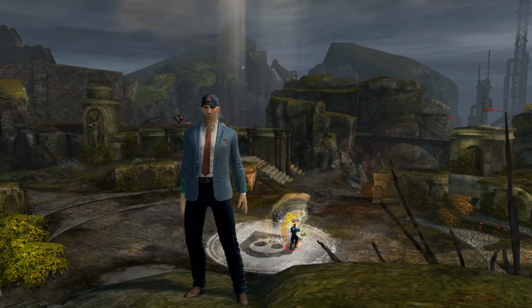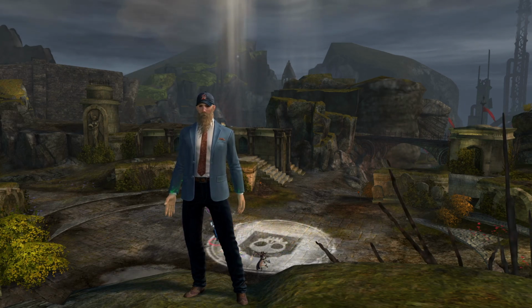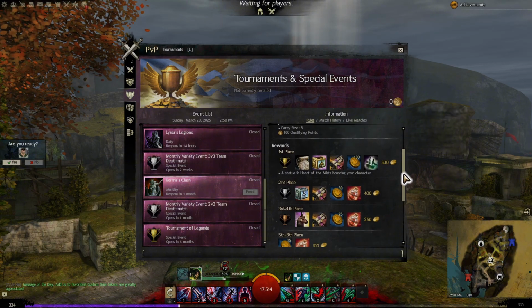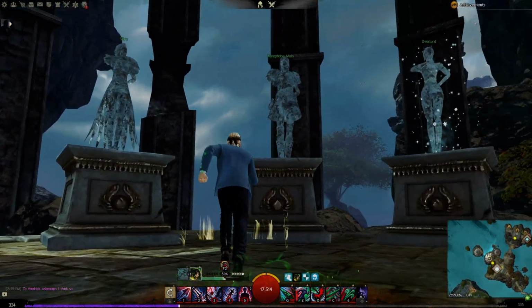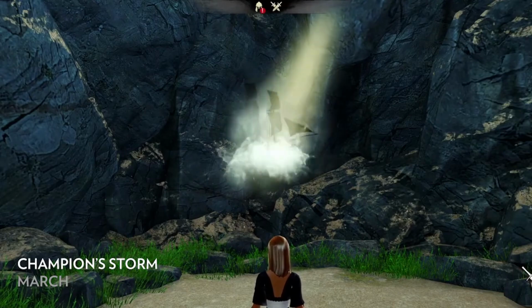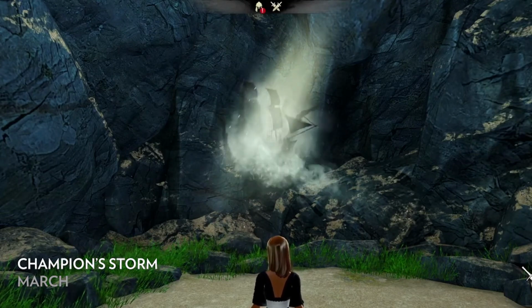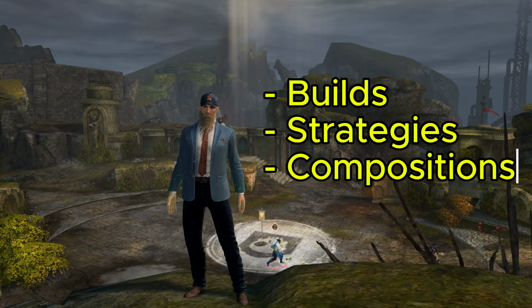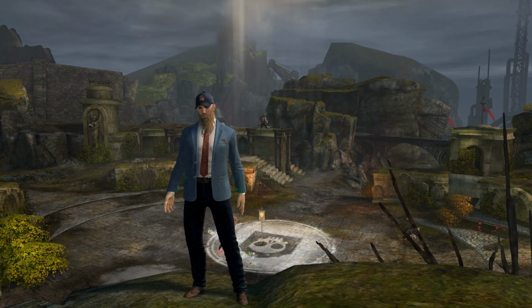The monthly tournament is the absolute highest level of competition that we see in Guild Wars 2. Once a month, all the top teams gather to battle for thousands of gold, a statue of their character in Heart of the Mists, and the unique and prestigious cosmetic effect known as the Gizmo. In this series, I go over the builds, strategies, and compositions used by the top teams to win